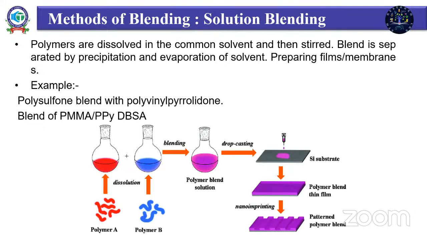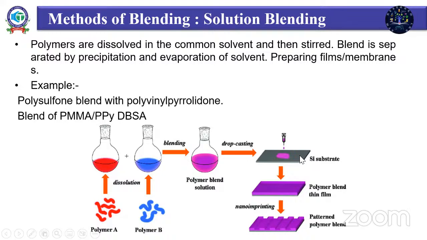Okay. So in solution blending, generally you have two different polymers, polymer A and polymer B. You dissolve these polymers in a common solvent, you stir it, and after stirring, you mix it. And this polymer blend solution is then cast onto a substrate, or we can say a mold,